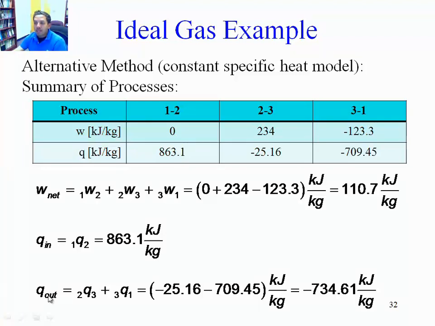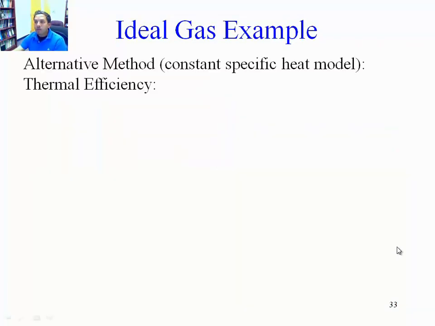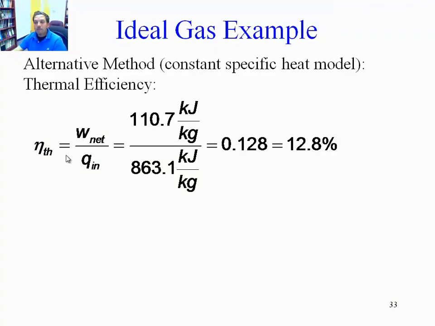And then the amount of heat waste is the other two because they are negative. They happen to be negative in this particular problem. It's minus 25 minus 709. That leads to minus 734.61. Now what's going to happen here is that because we made so many assumptions, assuming, again, sorry about the redundancy, that Cv and Cp behave constant on every single one of these processes, when we calculate the thermal efficiency, we're going to get different numbers. Before we got 13.2%, now we got 12.8% when we use W net over Q in.